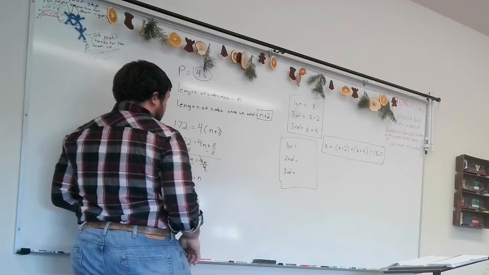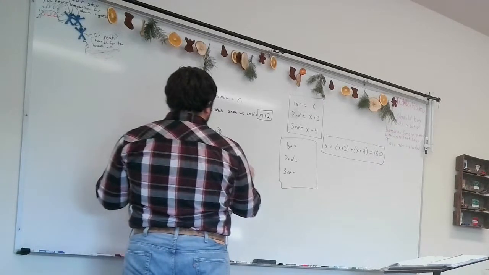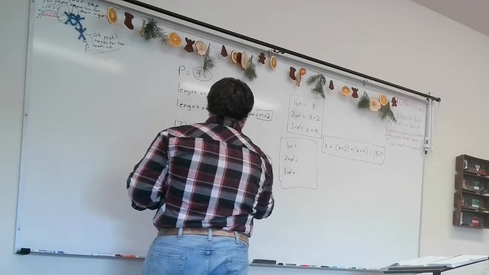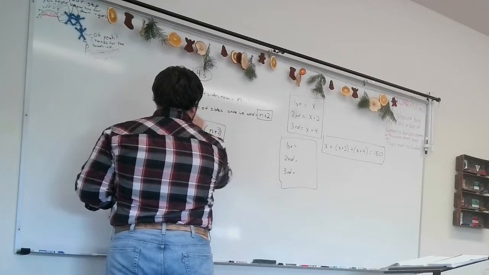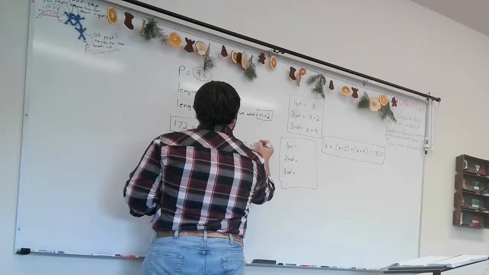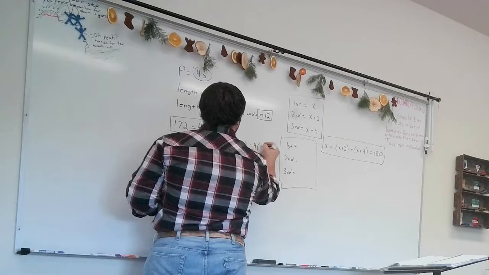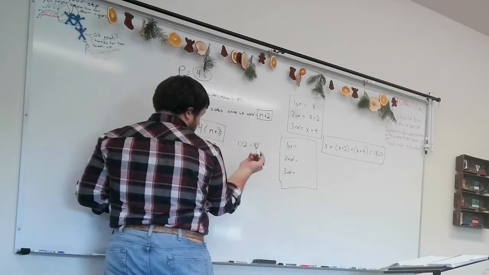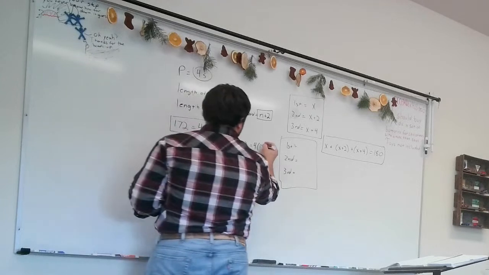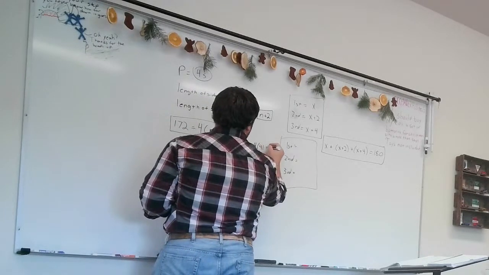So now we're to this point. So now we have to set it up again. We have to run our equation with this, or actually essentially with this equation again. So we write 172, check it, equals 4. Now we get to substitute n for, what can we substitute for n? 41. Sorry, 41 plus 2.